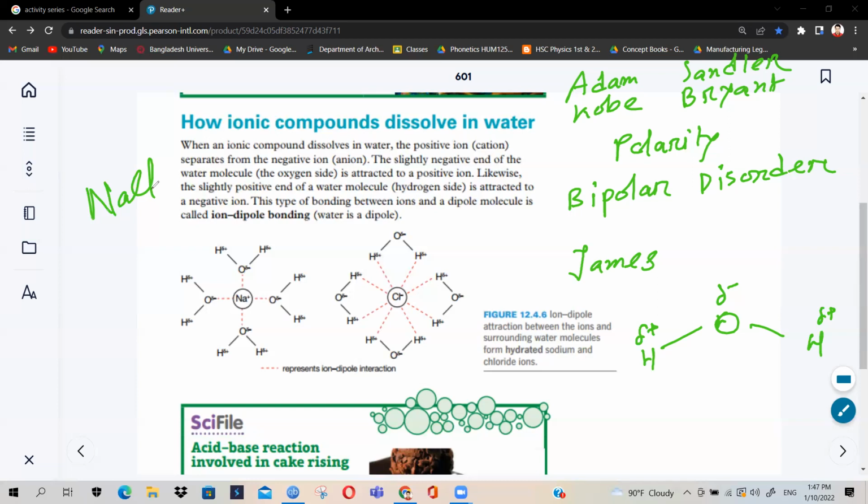Yes. So the electronegativity of oxygen and hydrogen is not the same. Because of that, say oxygen's electronegativity, I might not be correct, could be 3 or 3.5. I think 3. And hydrogen's electronegativity, I'm sure, is 2.1. So that means oxygen has more capability to snatch the shared electron